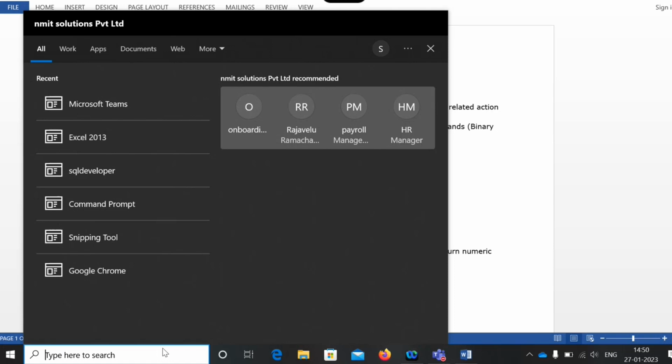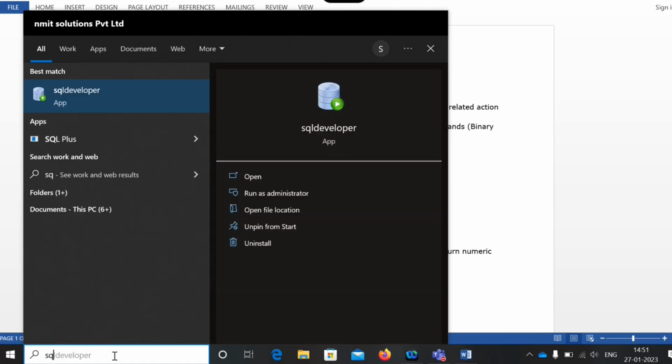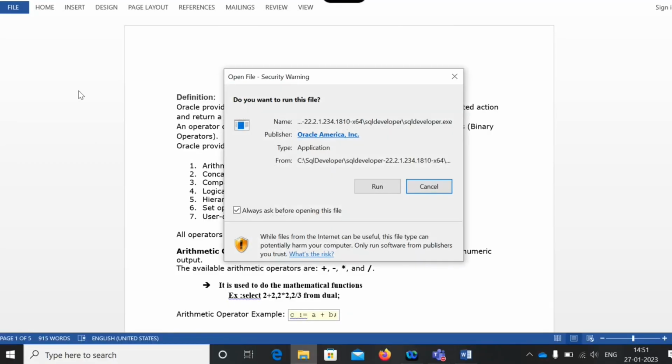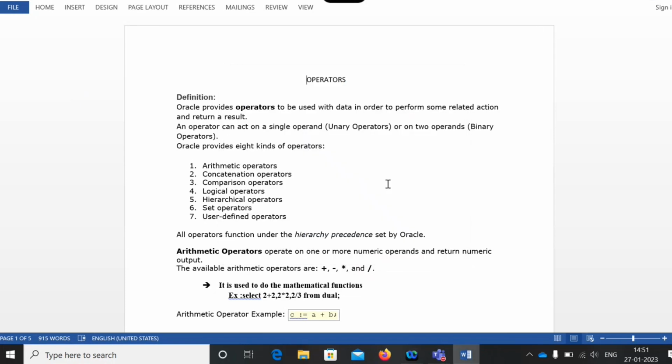You are giving some work to Oracle and it gives the results. If the condition is satisfied, it gives the results for you. If the condition is not satisfied, you won't get the result, so you will get null.